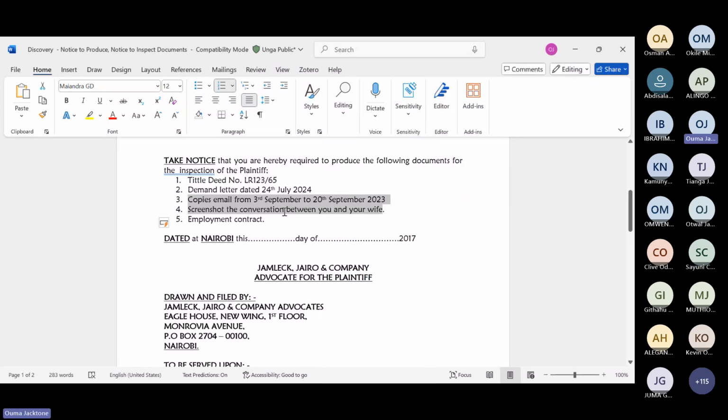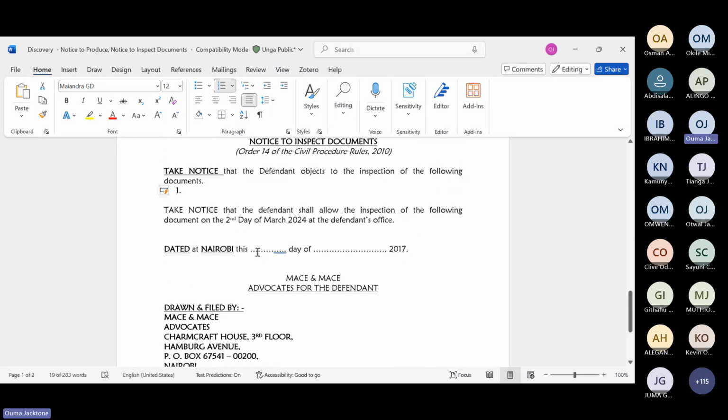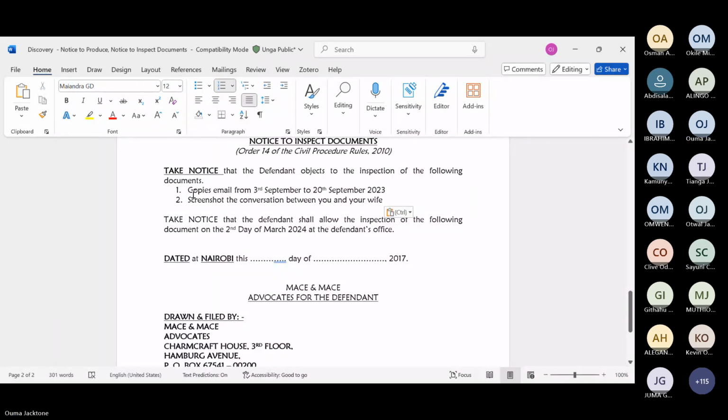So Bishar will not want me to see how he's simping down there. So: take notice that the defendant objects to the inspection of the following documents. Copies of emails from 3rd to 20th September, maybe you consider them private, as well as screenshot conversation between you and your wife. This could be relevant in the case.